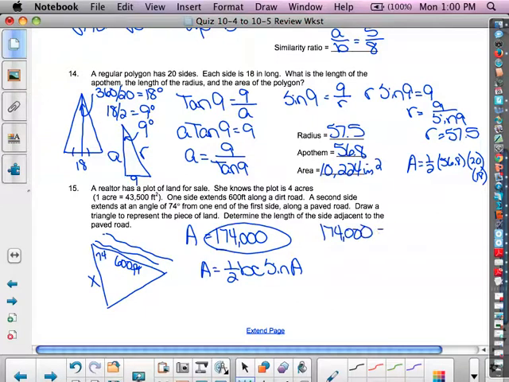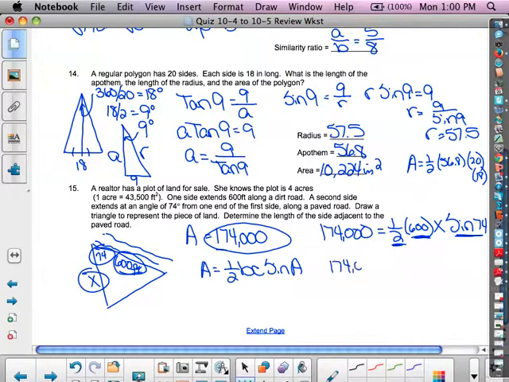174,000 is equal to 1/2. You have one of the side lengths, so you substitute that in. The other is what you're looking for, x. You have the included angle measure, sine of 74. And just like before, we took 1/2, we took the 600 and the sine of 74, put it in the calculator,